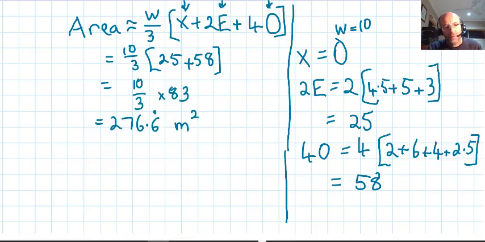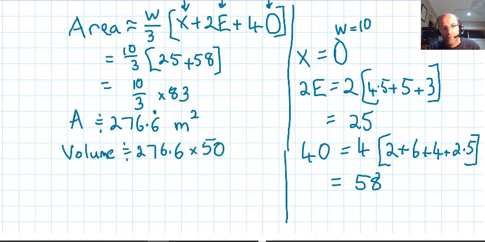So we get 276.6 recurring, so it depends on how many decimal places we go. For the volume, we multiply it by that 50,